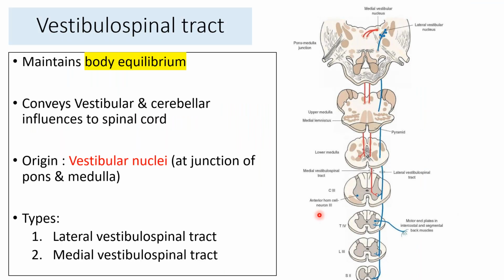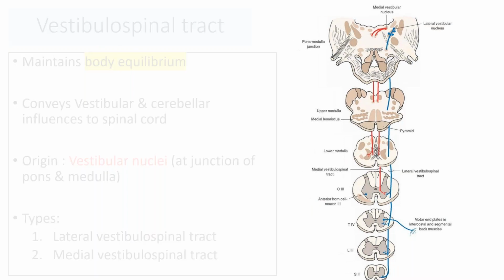Vestibulospinal tract for the body equilibrium. So vestibulospinal tract will arise from the vestibular nuclei. So this is the vestibular nuclei, pontomedullary junction, in this cut section. They are of two types, lateral and medial vestibulospinal tract. They arise from the vestibular nuclei and terminate at the level of the spinal cord. So each termination and origin you will come to know by the name of the tract itself, vestibular nuclei to the spinal cord, involved in the body equilibrium.